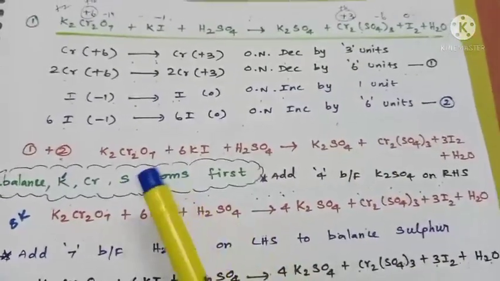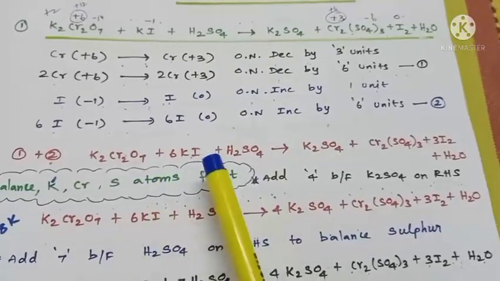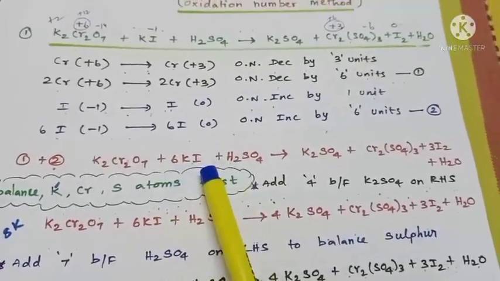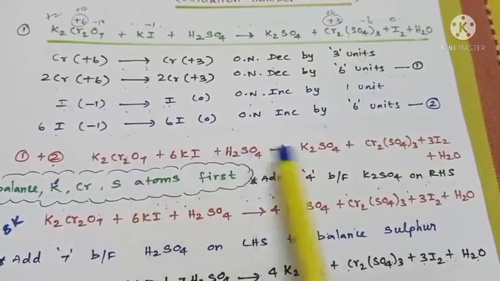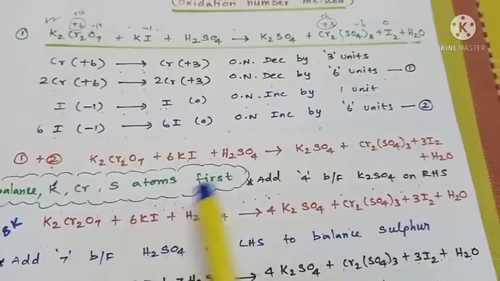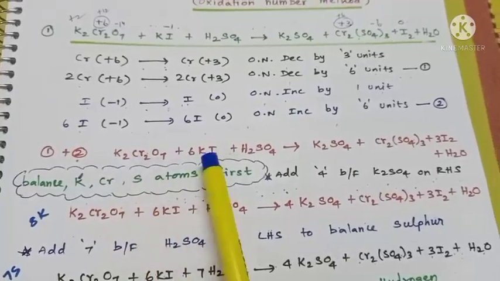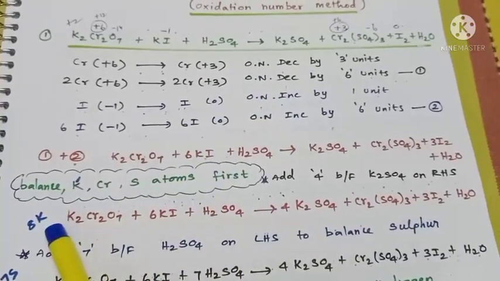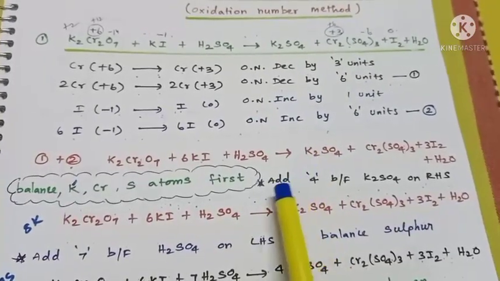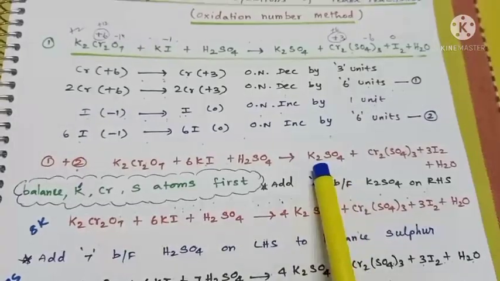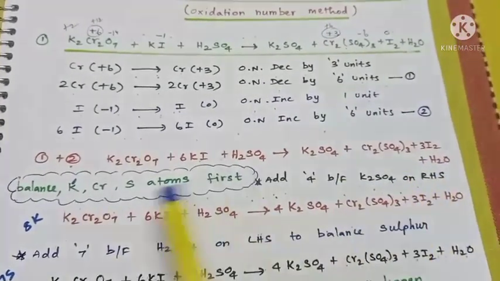Okay, right. Now let us balance the atoms which are oxidized as well as reduced. Oxidized is iodine, 6I left hand side, right hand side also the same number. Chromium is reduced, 2Cr left hand side, right side also the same number. Now let us go for other atoms. Potassium. On the left side potassium, here 2 plus 6, there are 8 potassium on left hand side, isn't it? But right hand side only 2. So to balance potassium, I am going to add 4 before K2SO4 on the right hand side. This is for balancing the potassium atom.